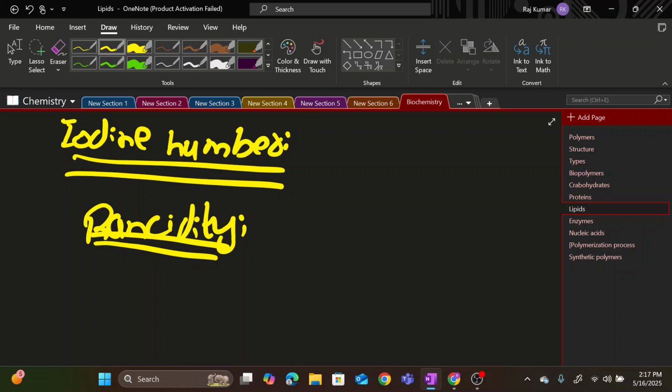We might see that the smell usually comes due to the decaying of the unsaturated bonds, and this is known as rancidity. And there's another important concept, which is